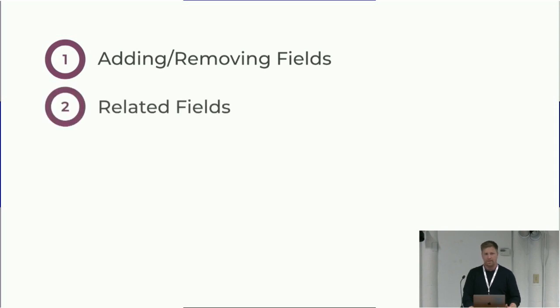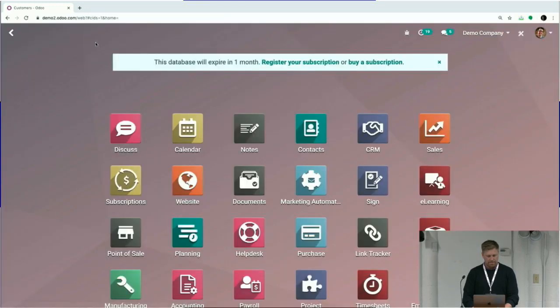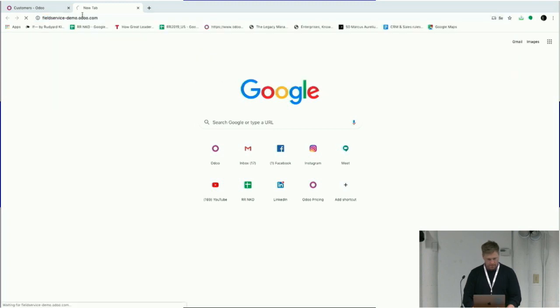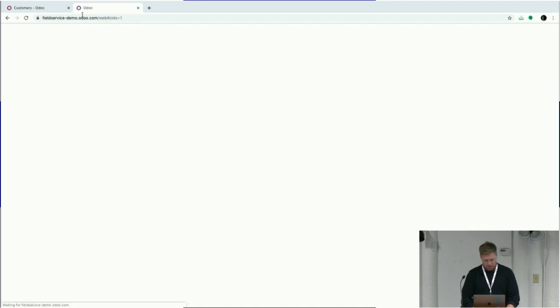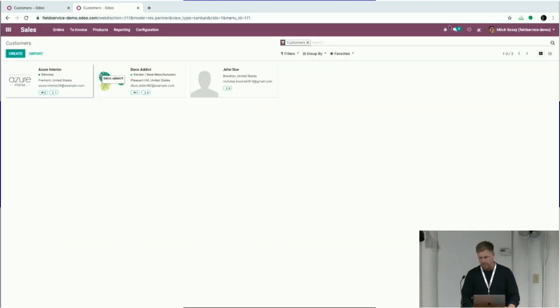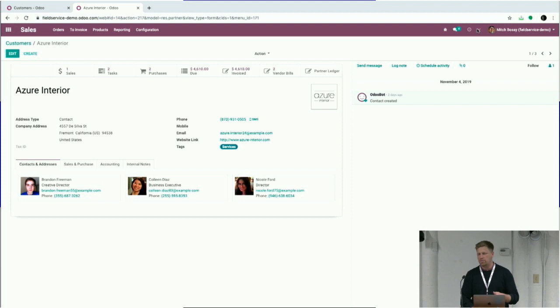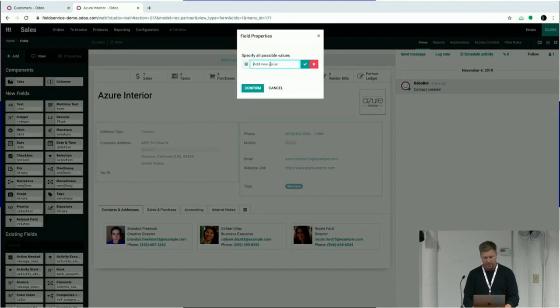The next would be related fields. What a related field is in Odoo is it helps you automate the movement of information from one record to another. And a simple example of that would be, and let me just pull up another database. This one here. So a simple example of that would be, let's say I go onto my customer record and I want to add a field to this record, and I'm going to call it status, and we'll just say low, medium, or high for whatever reason. And we'll use a selection field, and I'll say low, medium,